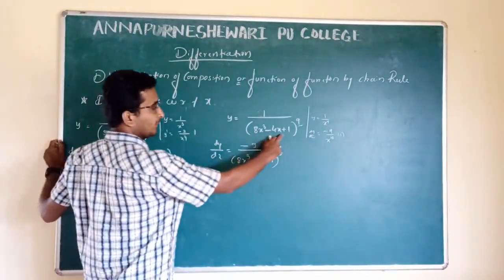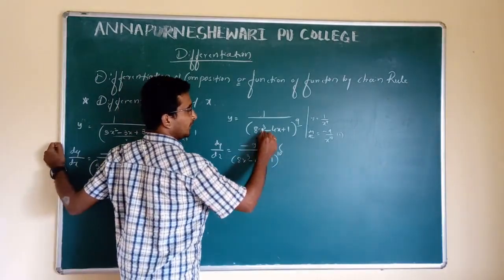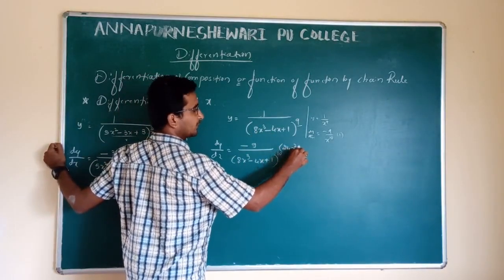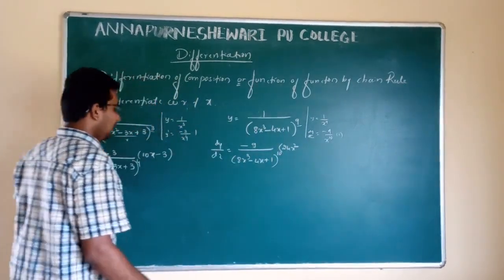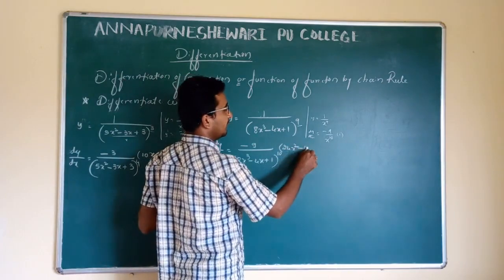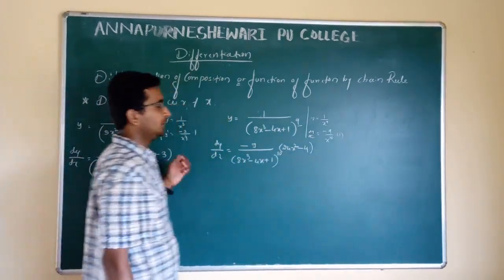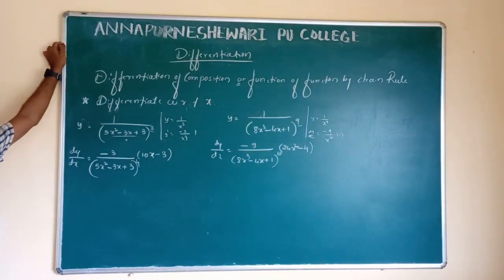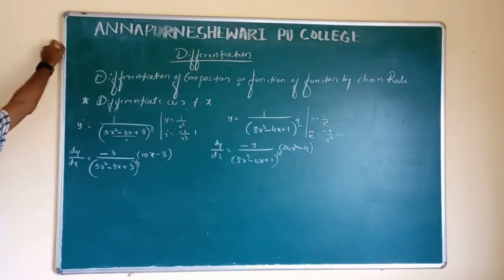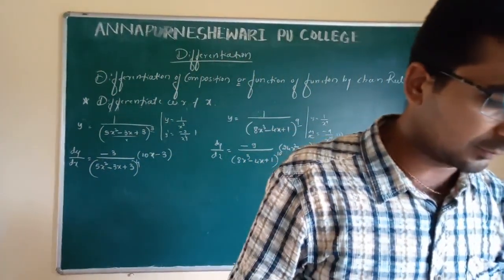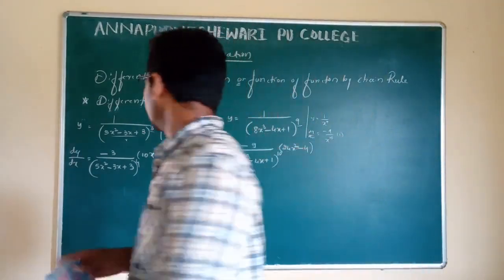The differentiation of the x terms: 8x cube is 8 threes are 24, and the power of x goes on decreasing. Minus 4x is minus 4, plus 1 differentiation is 0. So like that we have to do the differentiation. Getting? Okay. So if you have any doubts, you can ask me by calling me, okay? So don't worry about that.